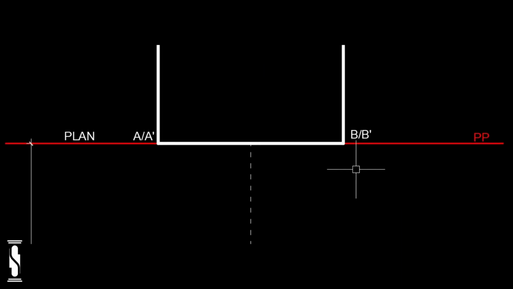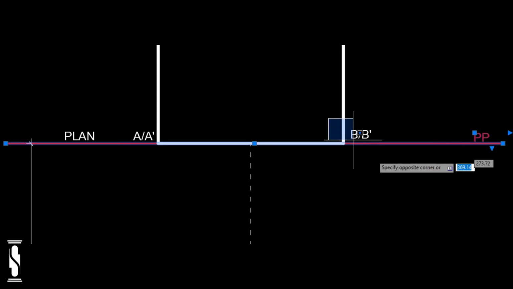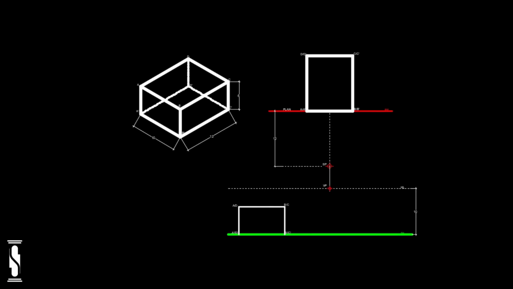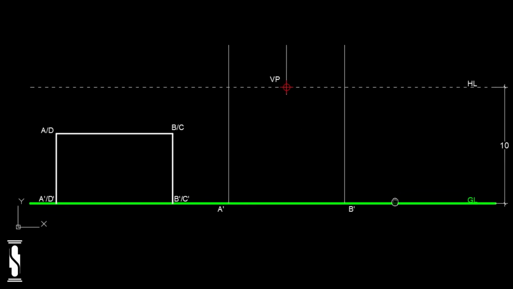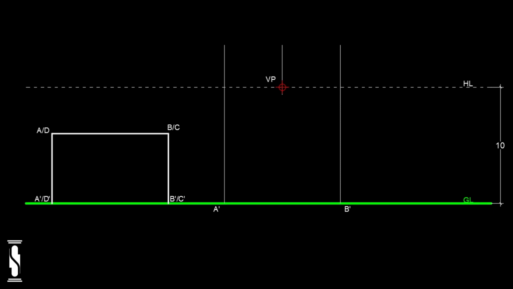The line or surface which are touching the picture plane will be made of actual size or true size in one point perspective. Point AA dash and BB dash are touching the picture plane, so we can drop it directly to the ground line. Drop a projection line from point AA dash and another projection line from BB dash on ground line. Wherever these projection lines meet the ground line, name that point A dash and B dash respectively, as these points are resting on the ground.